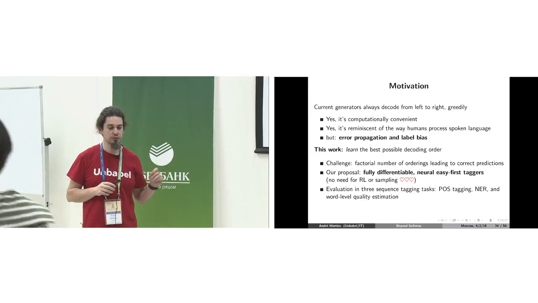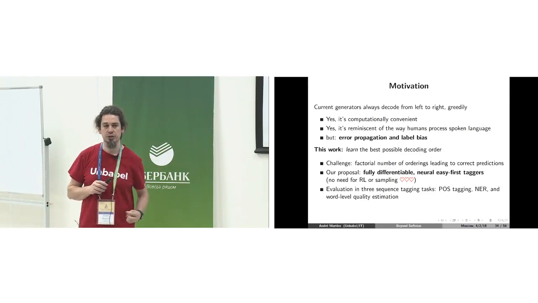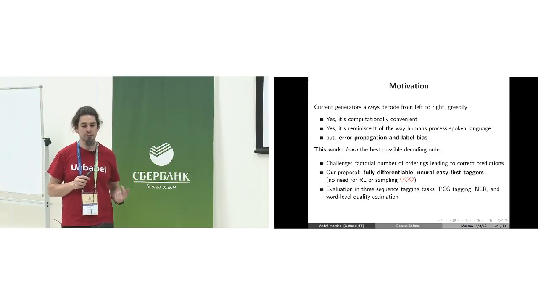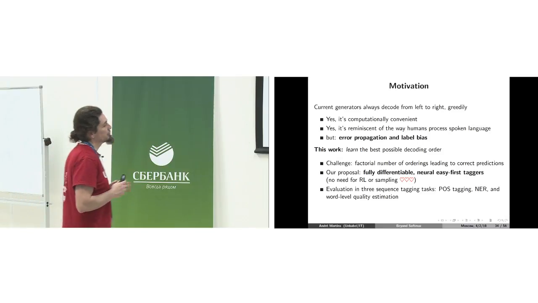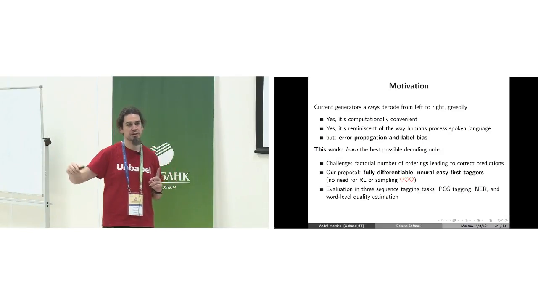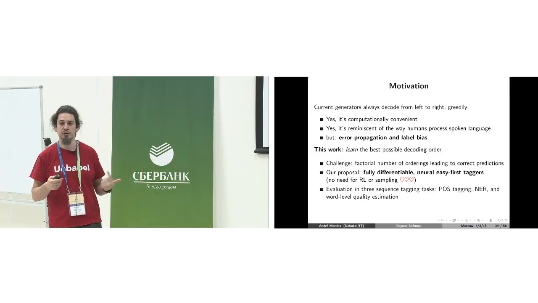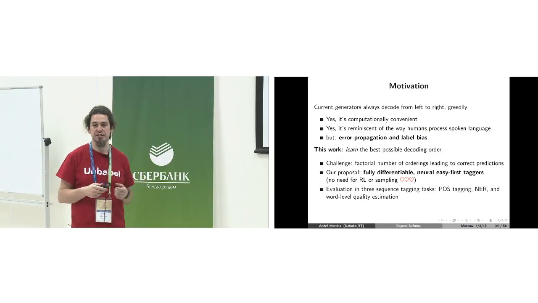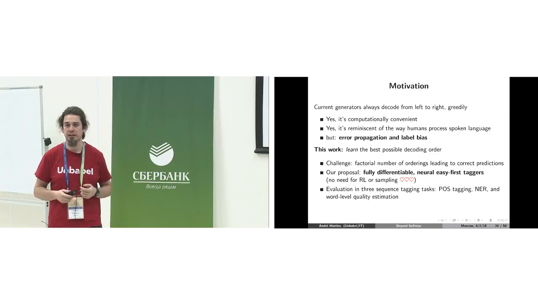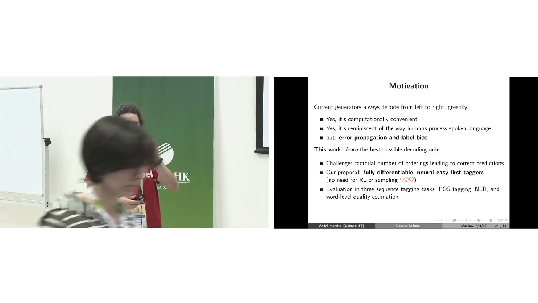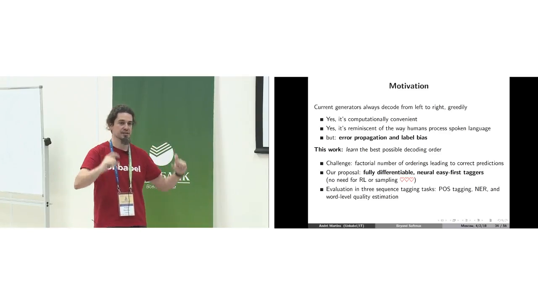So in this work, we are going to do something different, which is instead of doing everything left to right, we are trying to let the model learn what's the optimal order by which it should decode. In fact, I'm not going to show sequence-to-sequence problems, but just sequence tagging, which is kind of a first step. In sequence tagging, you are given a sequence, for example, words of a sentence, and we want to compute a tag for every word. For example, part-of-speech tagging, named entity recognition using BIO tags. You just want to compute a label for every word, but the output sequence is the same size as the input sequence.